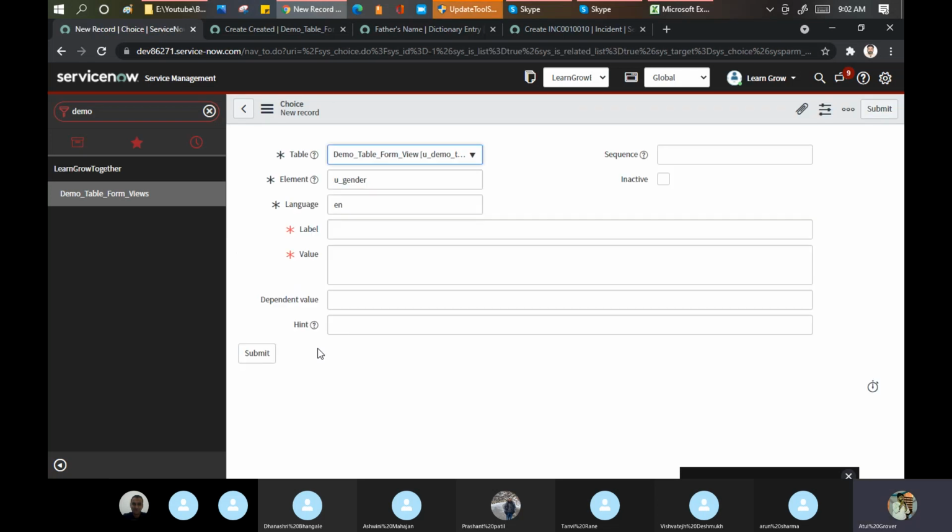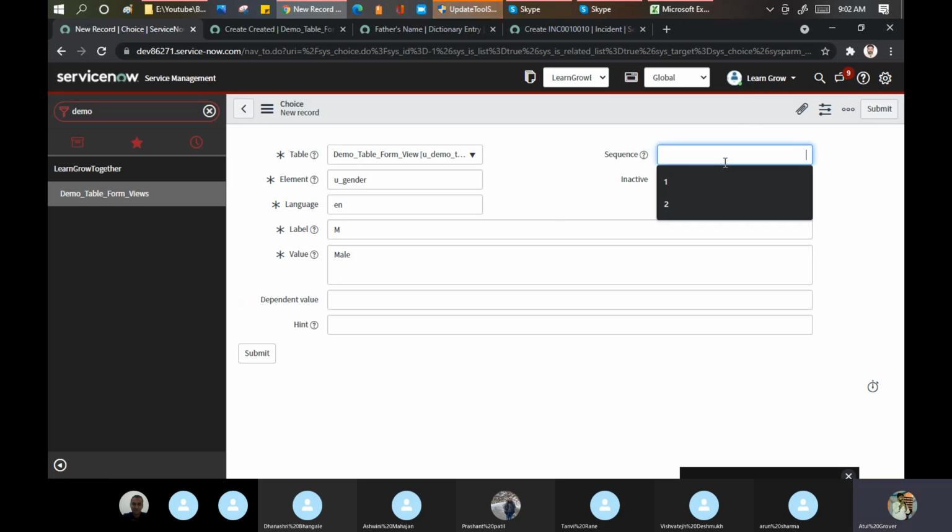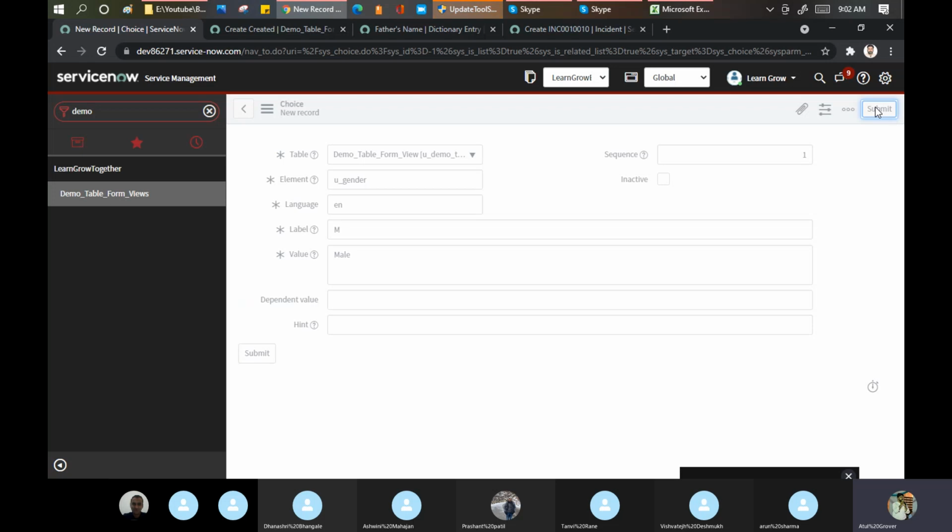A very, very important point to understand here: there's a label and there's a value. Let me put label as M, value as male, and sequence as 1. Let's submit it.